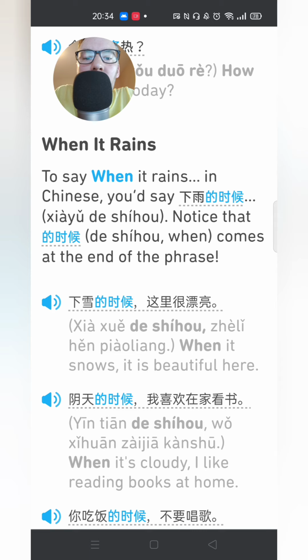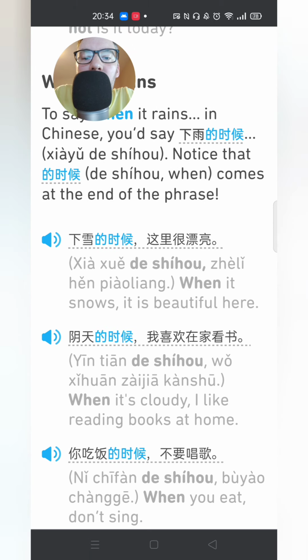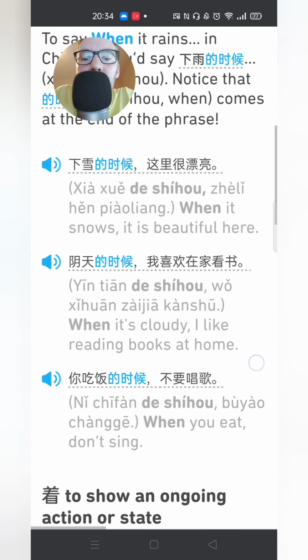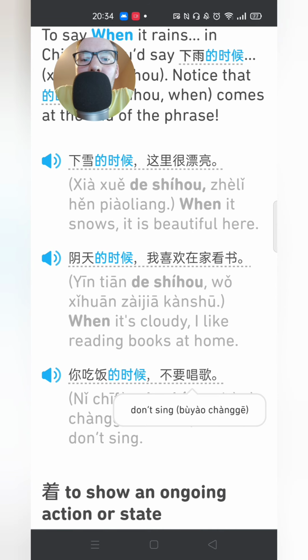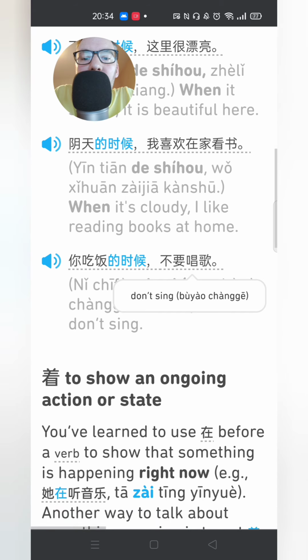To say when it rains, in Chinese you'd say 下雨的时候. Notice that 的时候, when, comes at the end of the phrase. 下雪的时候这里很漂亮. When it snows, it is beautiful here. 阴天的时候我喜欢在家看书.